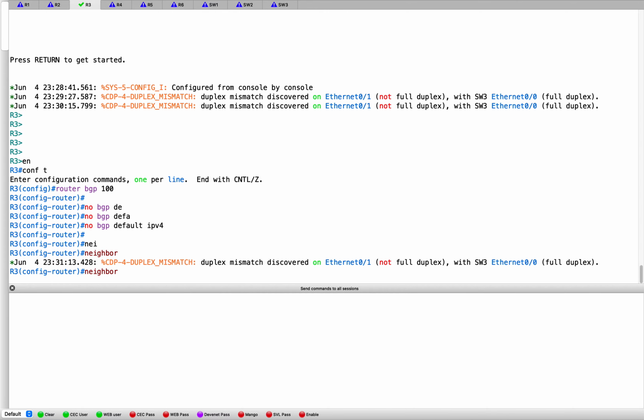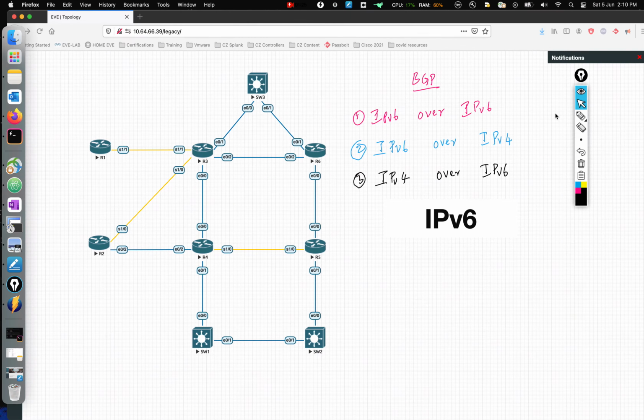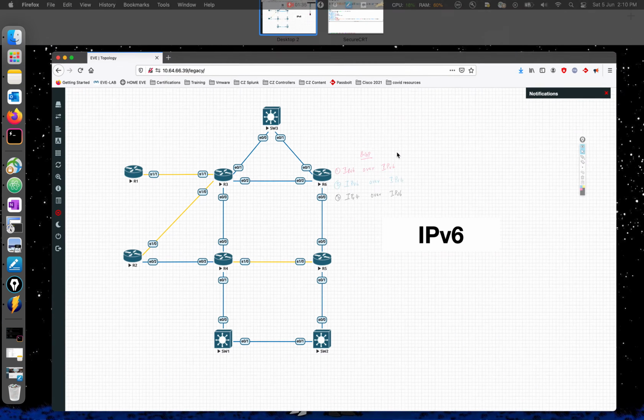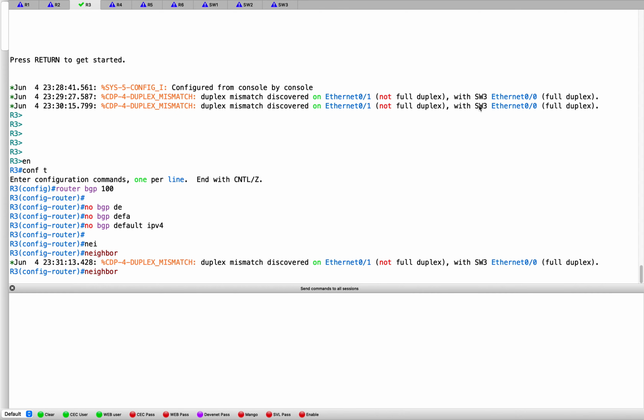And like I said, in this section, just to double click here, we are concentrating on IPv4 neighbors, right? The neighborship is going to be established with IPv4, but we are going to send IPv6 routes on top of it. Okay, so coming back here,